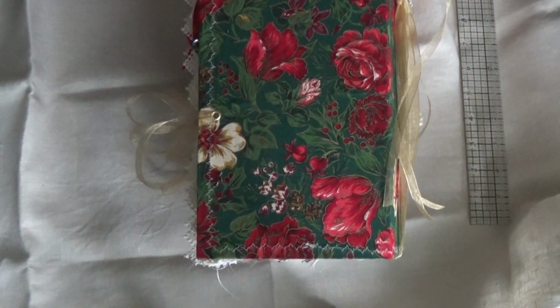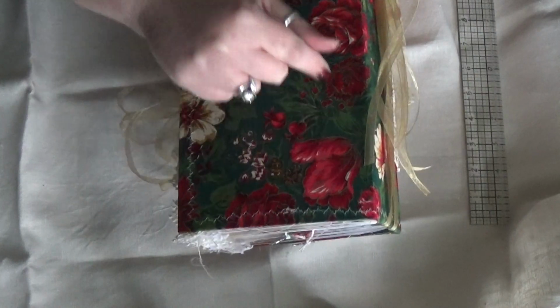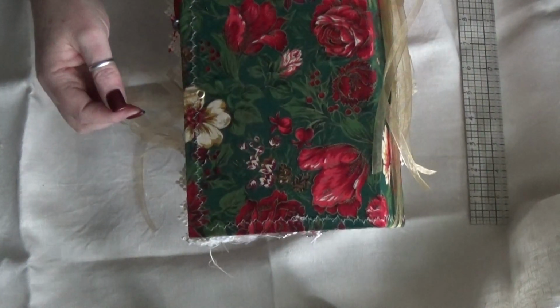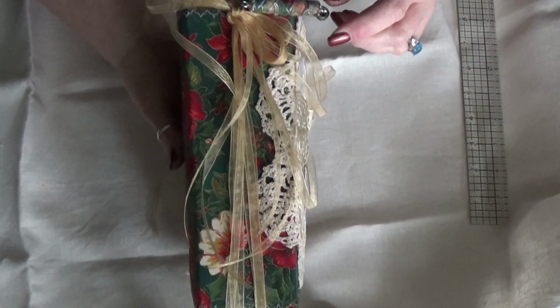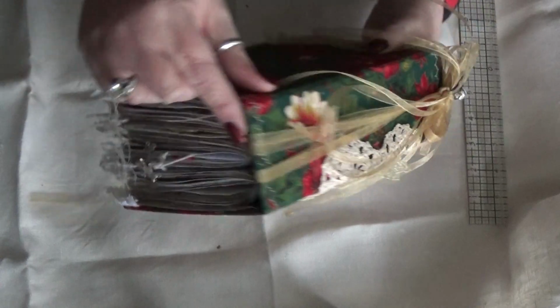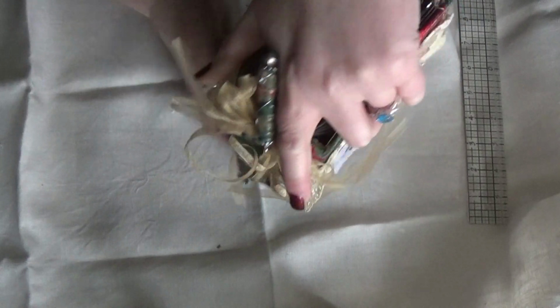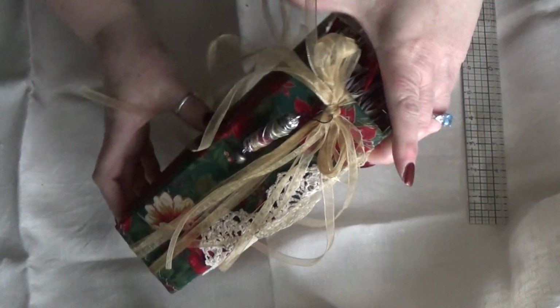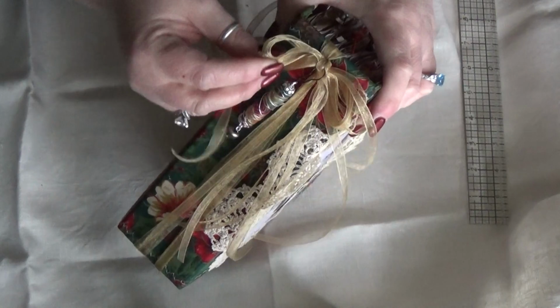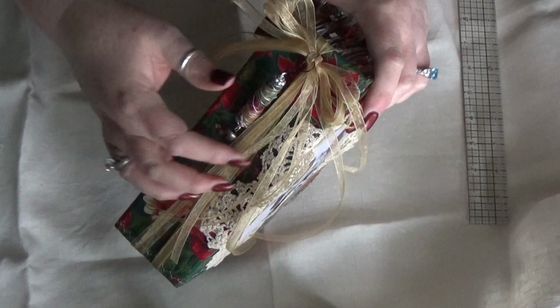Cover is made out of bookboard, and I sewed all around, and my sewing machine kind of went a little funky here and there, but I just kind of left it that way. Around the spine, I've just tied some gold organza ribbon, and it goes between the signatures, and then it just ties up at the top, so it's not attached anywhere, so whoever gets it, if they don't want that on there, they can take it off and use it